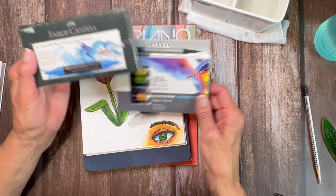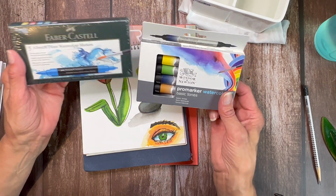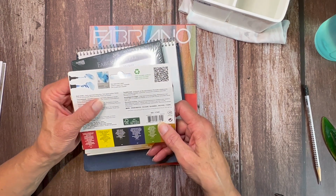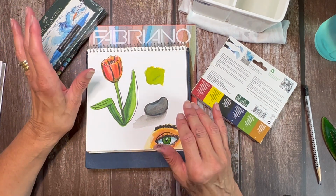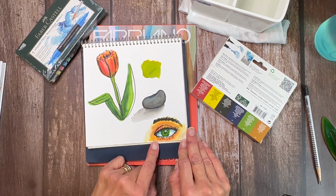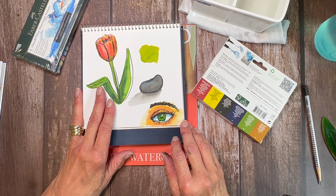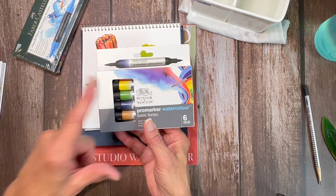When I got these, I wanted to compare which one I liked better, which one performed better. I do like drawing some cartoon style art, and I think that's where these really excel. They say that these are pigment based. They act like a dye. I don't know. It says highly pigmented watercolor. So I don't know what to tell you, because to me this looks like a dye, although it does flow like watercolor. This is 100% cotton cold press watercolor paper, and I like the look of it, but it also looks to me like it suits more of a style for comic books or characters. It's very graphic, very bold, and I do like that, but I feel like that's the kind of art that suits this best. So I think what I'm going to do, I'll put a card up here to this review